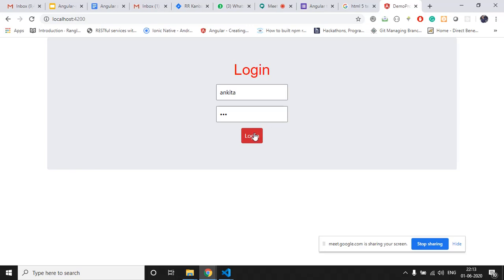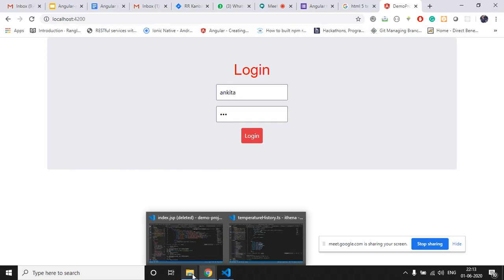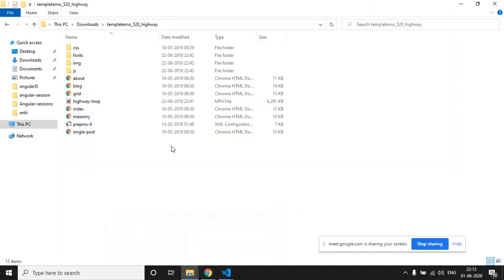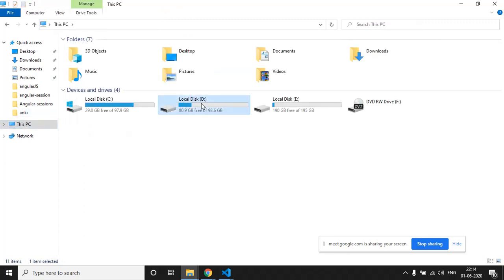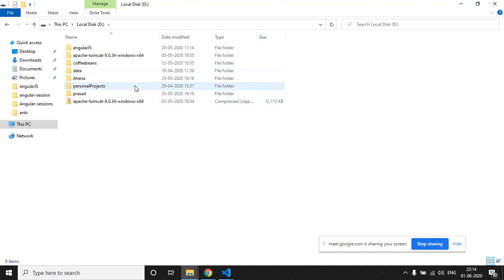What we have to do is integrate the template that we have downloaded into this application, right? Just go to the downloaded template folder, and as I have told you, whatever JavaScript files, images, fonts, or external CSS files there are, we keep all these files in the assets folder of our Angular application. So just copy all these files from the template we have downloaded and paste them into our project directory's assets folder.